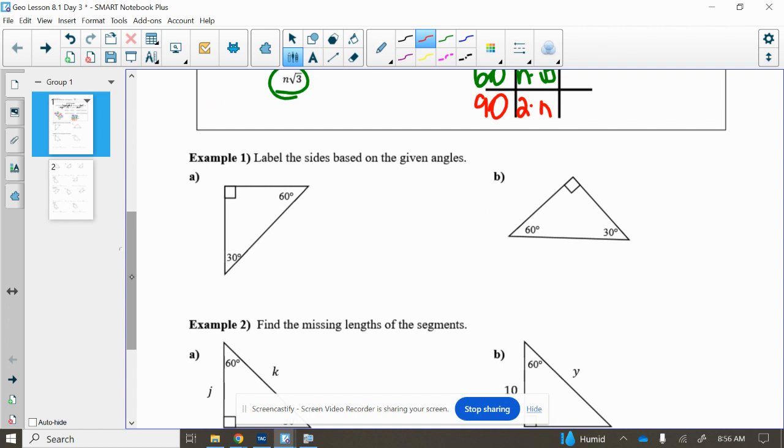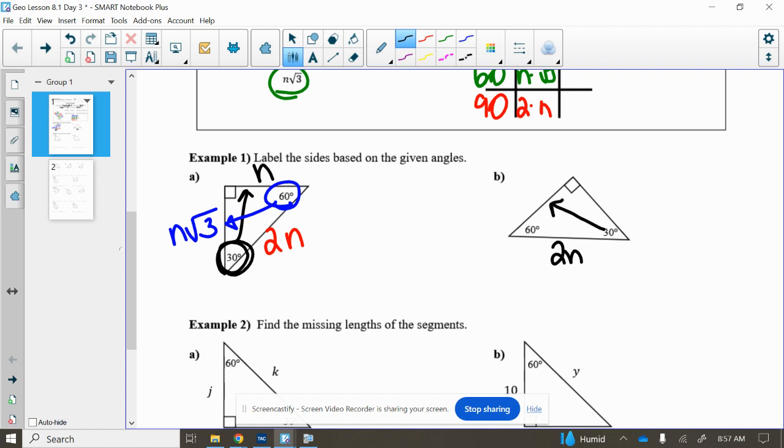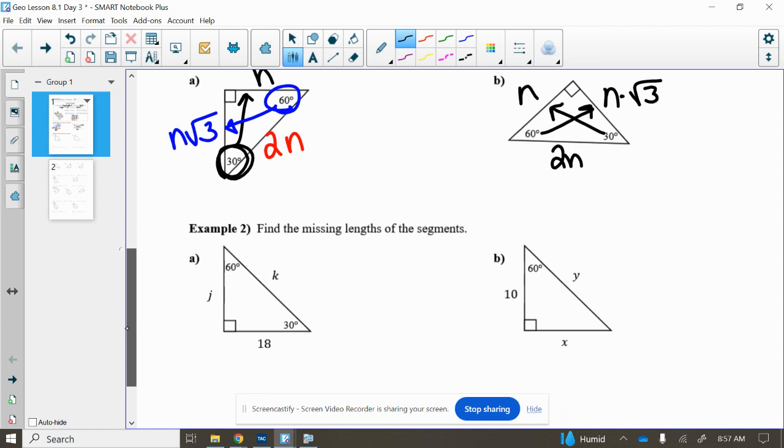So each time we have to be careful, unlike our 45, 90s where those legs are the same size, we always know that the short leg is across from the 30-degree angle, the longer leg across from the 60-degree angle, and then our hypotenuse, again, across from that 90-degree angle. So your picture, you have to be careful which side is which. In our second example over here, we have the hypotenuse, short leg across from the 30, longer leg across from the 60. Okay, so each time be very careful how you are labeling your 30, 60, 90, your short leg,